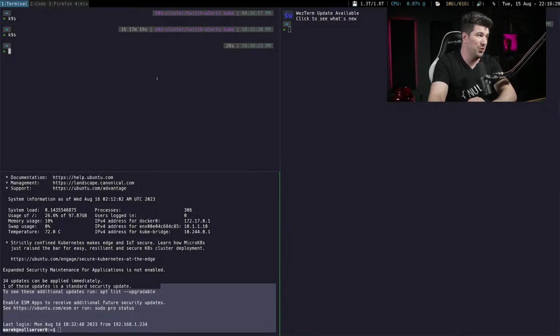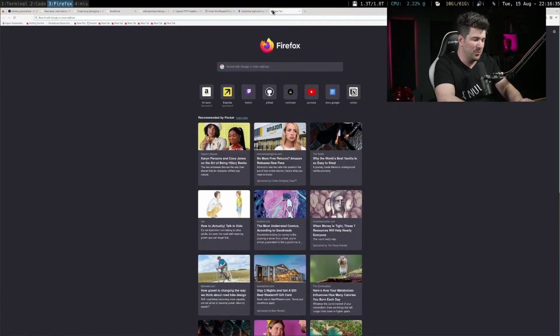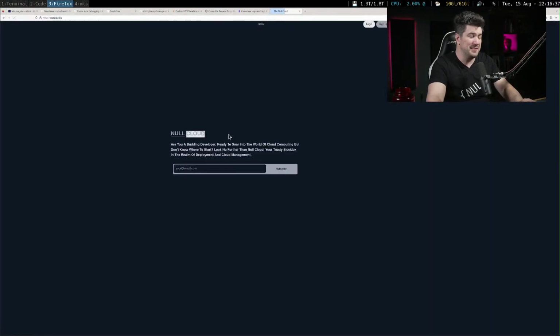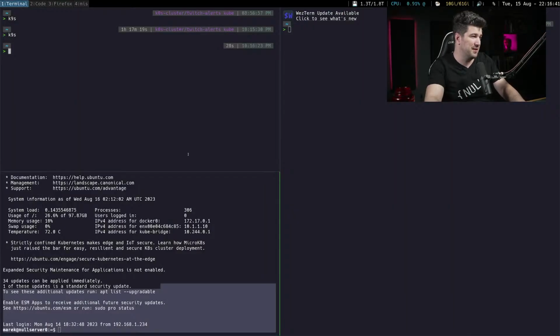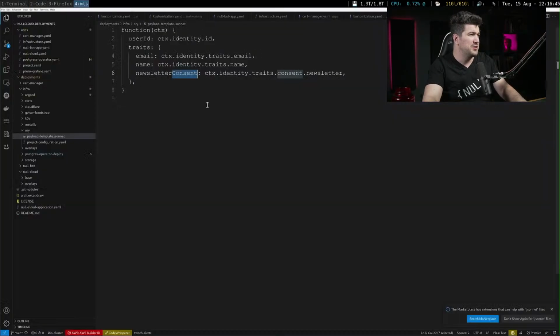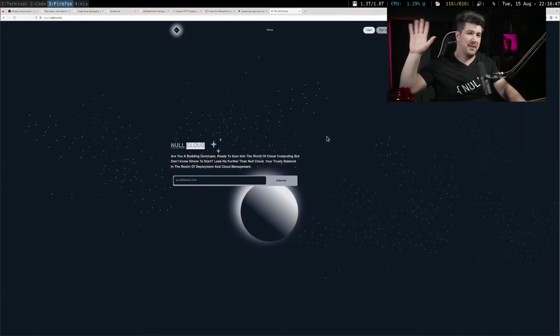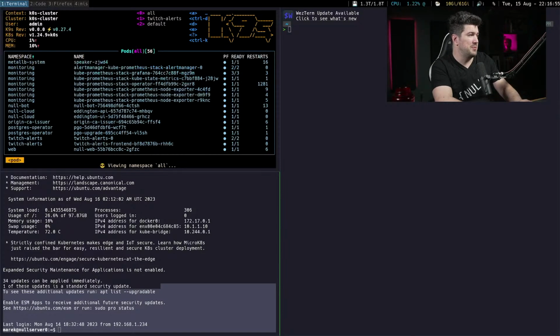This is running our whole cloud experience. So when you want to sign up for the null cloud, when you can sign up for it, this is all running off of that cluster. This website, everything is running off of this cluster that you see over here. So ingress, load balancing, everything is running off of this bare metal cluster. So the way to do it, let's jump into all namespaces.